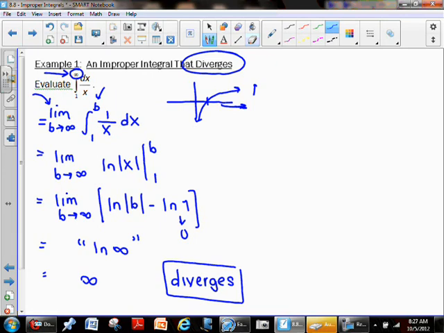Now, think of the word diverge as another way to say there really isn't an answer. And here in a little bit, I'll shed a little bit more light on exactly what this means graphically, and maybe compare this to another function. All right, let's take a look at example 2,